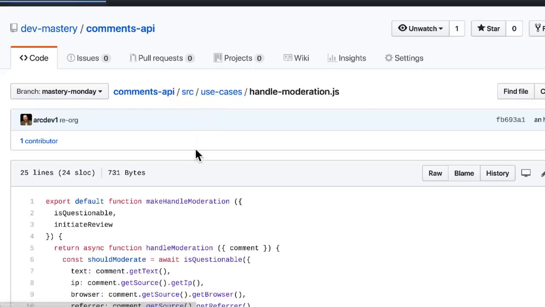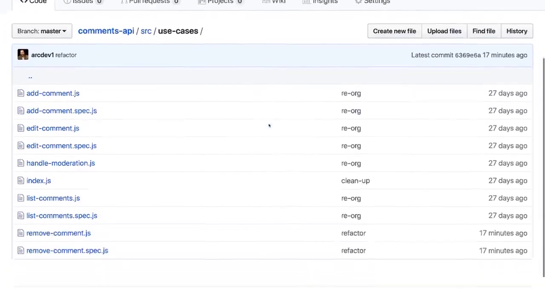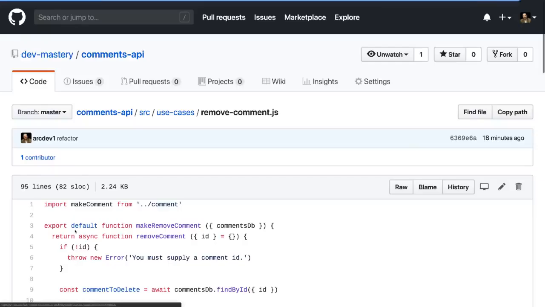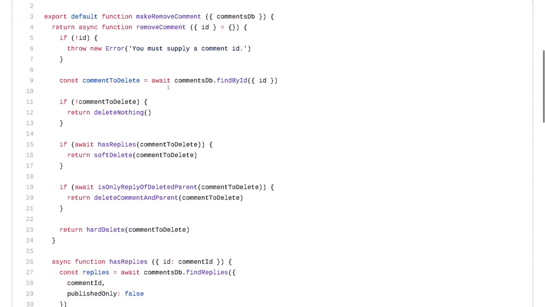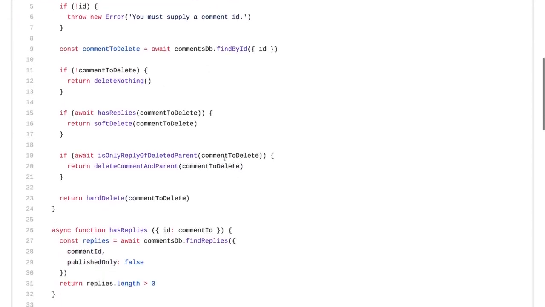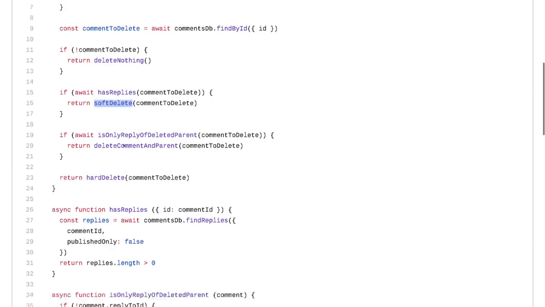So moving back into our use cases, we can take a look at remove comment. And so again, in here, we're bringing in our comment entity. We have a factory function where we can inject our comments DB. And then in here, we've got all of our business rules related to removing a comment. And so the one that's probably interesting is this soft delete. So here we're saying if a comment has replies, we want to soft delete it. And if we go and look at this soft delete function,